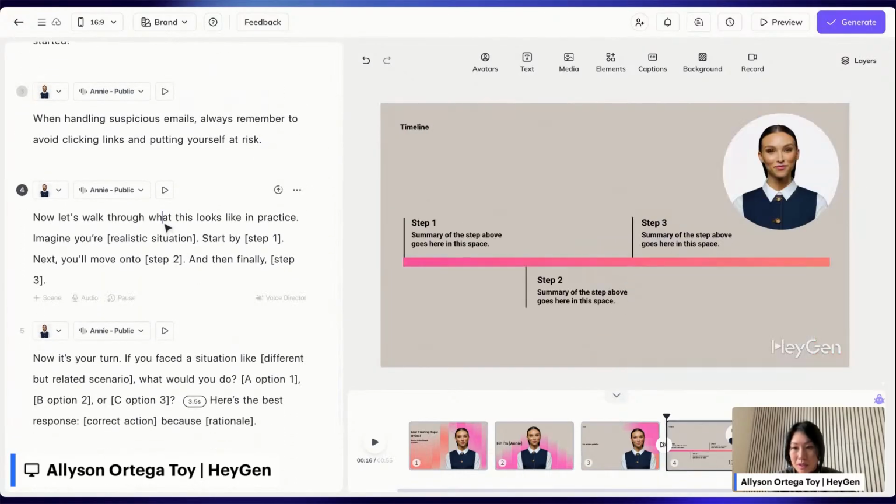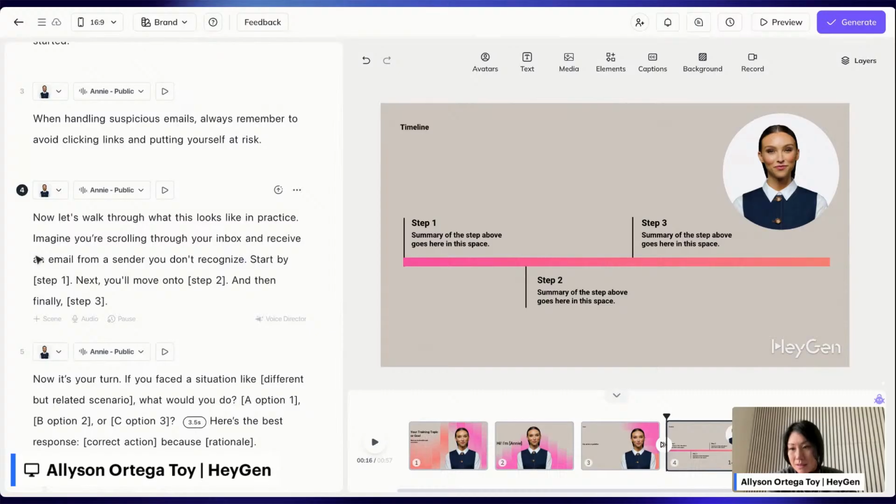Now let's walk through what this looks like in practice. This part is really the meat and potatoes of the training. We're teaching the viewer what actions they should take if they receive a suspicious email. So imagine you're scrolling through your inbox and receive an email from a sender you don't recognize. Start by